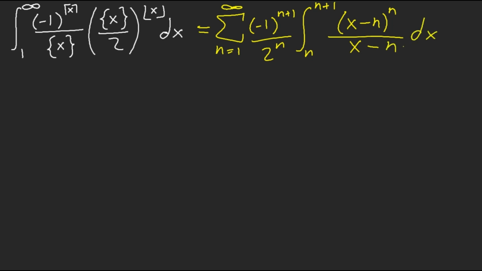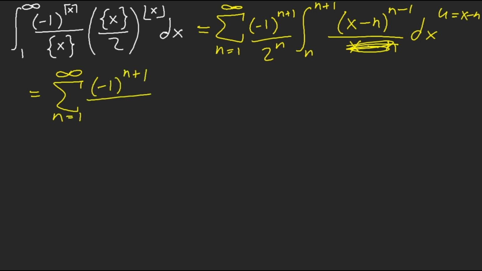dx. Again, this becomes n minus 1. And this is okay because we can let u equal x minus n. And this gives us a cleaner integral. Right? If we have n plus 1 to n and n plus 1, then we have u minus n minus u to the power of n minus 1 du. So we have,